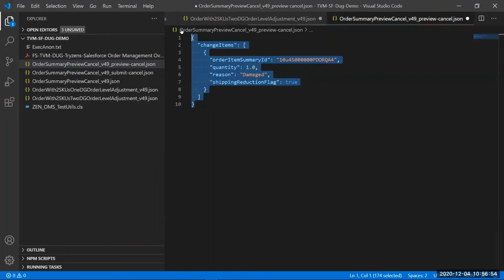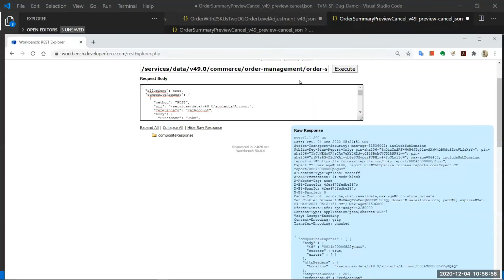If I just want to give the customer a preview of what it would look like when I execute this particular transaction, all I need to do is make a call to the order management namespace where I have the order management commerce services. I give the item that I'm trying to cancel, the quantity, the reason, and the flag.